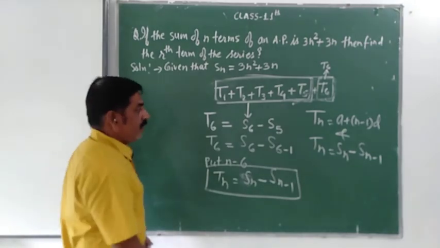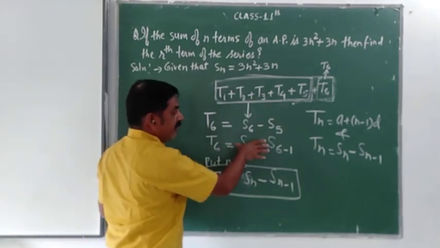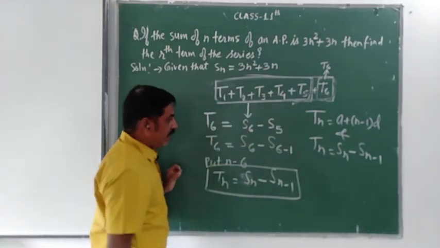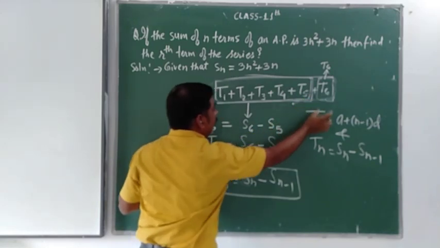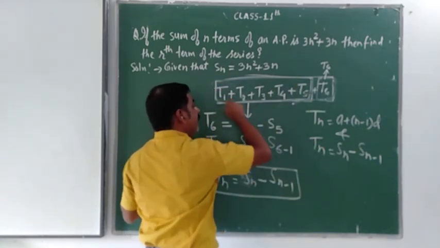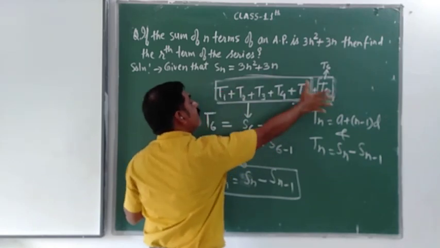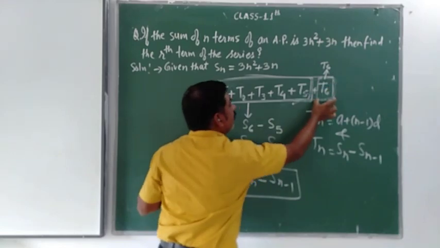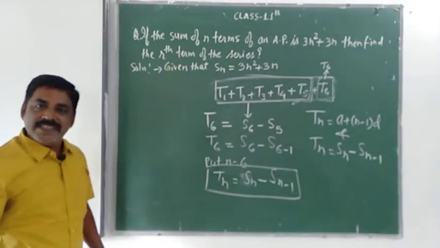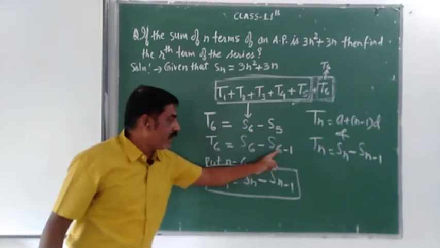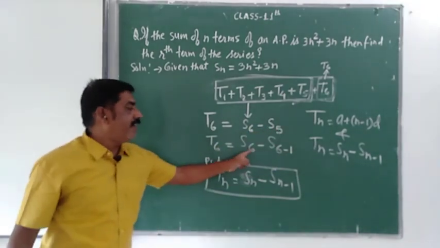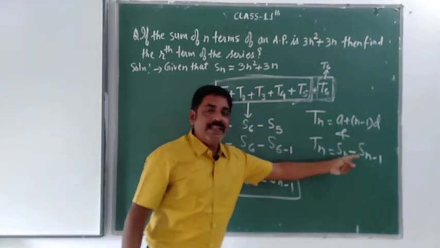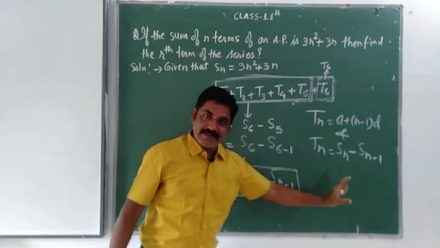ठीक है बेटा? तो इसमें मेरे ख्याल से कोई डाउट नहीं, क्योंकि मैंने इसलिए एक एग्जाम्पल ले लिया. 6 टर्म दिए थे, उसका सम S6 हो जाता है. अगर हमें सिर्फ 6th टर्म निकालना हो तो 6 टर्म के एडिशन में से 5 टर्म्स का एडिशन सब्ट्रैक्ट कर देंगे. तो S6 माइनस S5 इज इक्वल टू T6. ठीक है? फिर हमने इस 5 को 6 minus 1 लिखा, और 6 की जगह n रख दिया. तो Tn इज इक्वल टू Sn minus Sn minus 1. राइट? सी.